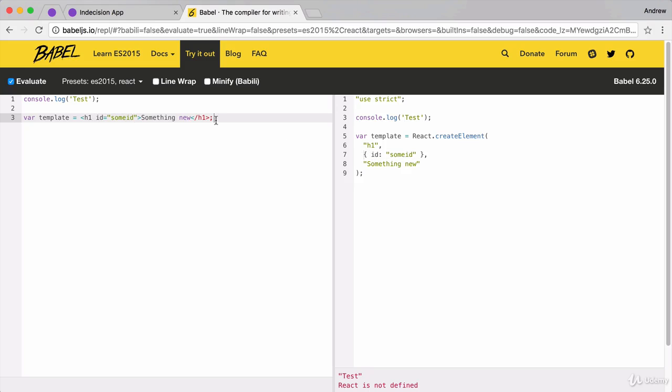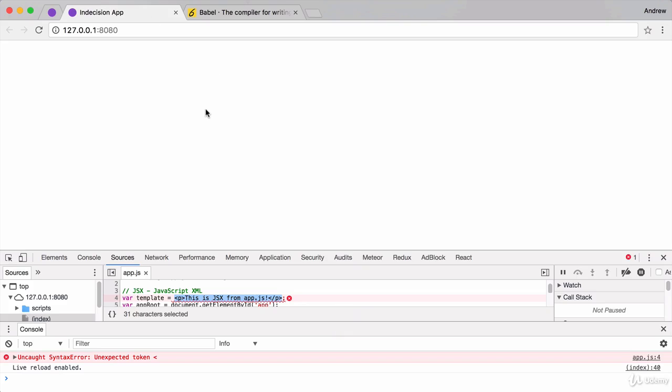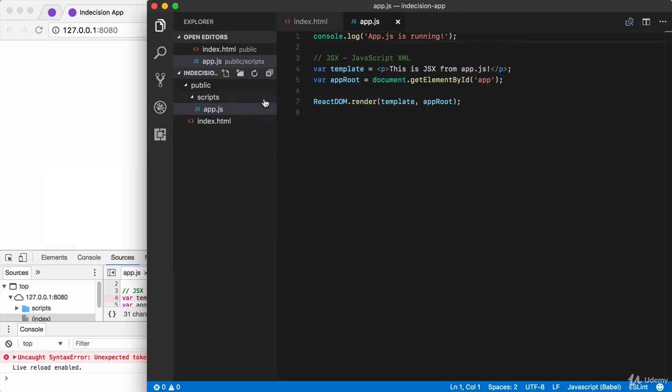So if the browser is never going to understand JSX, how do we get our little example working? Well, in the next video, you're going to install Babel locally. For the moment, we can actually just take this code and copy it and paste it over inside of our editor. Now, this is something that we're never going to do again, but it is going to allow us to see our application working. Let's copy this, switch back over to the application in the browser, and inside of Visual